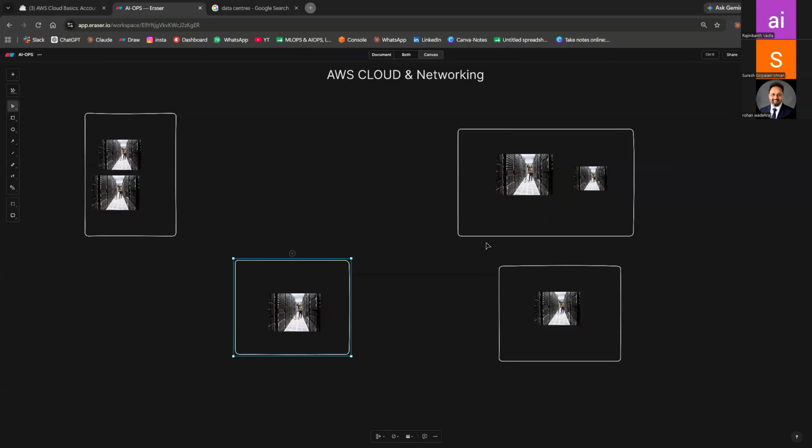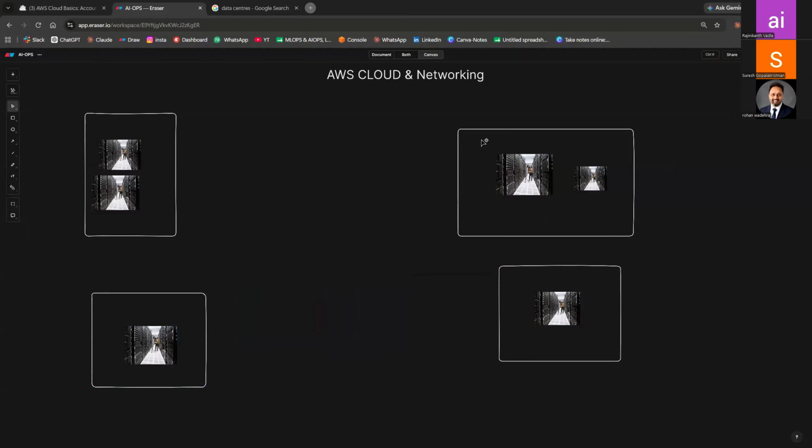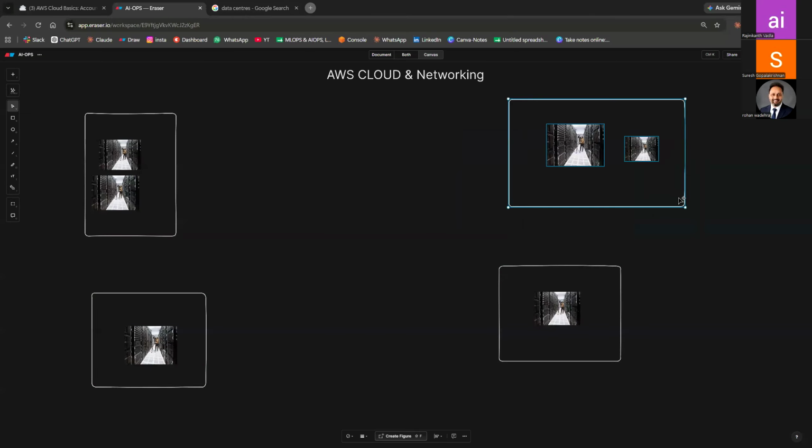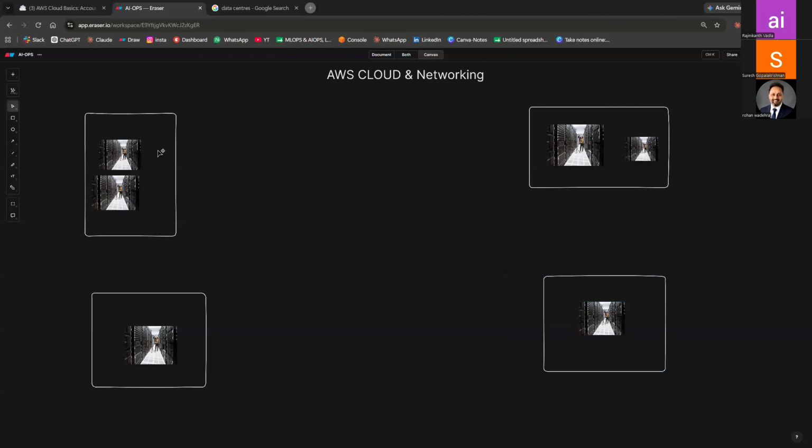Let's say different countries. Just consider these four boxes as four countries, and these are all regions. All of these are connected to one common application, which is the console application. I call it the AWS console.